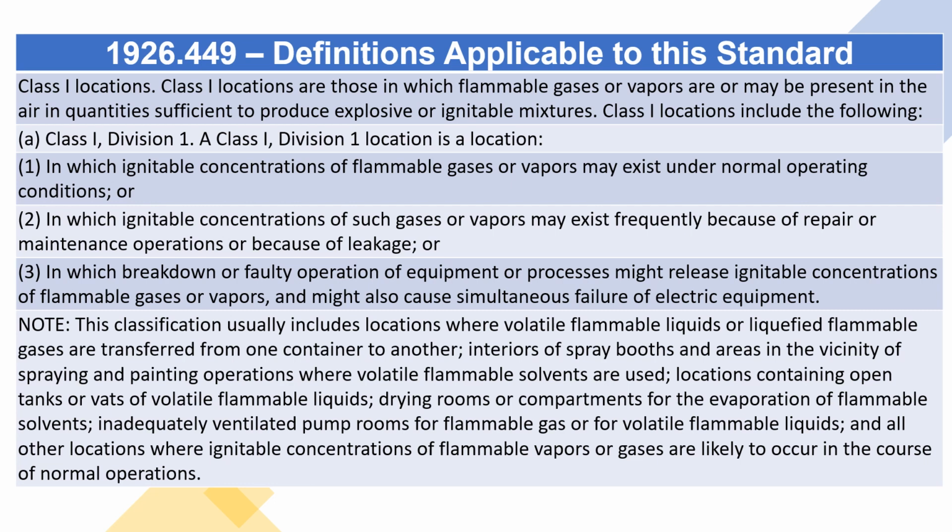Class 1 locations include the following. Class 1, Division 1. A Class 1, Division 1 location is a location 1. In which ignitable concentrations of flammable gases or vapors may exist under normal operating conditions, or 2. In which ignitable concentrations of such gases or vapors may exist frequently because of repair or maintenance operations or because